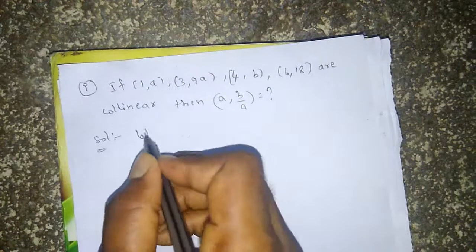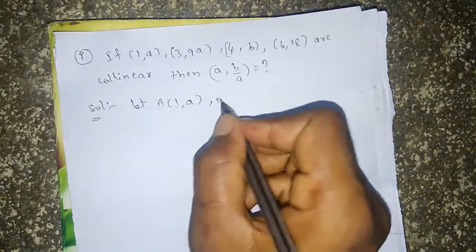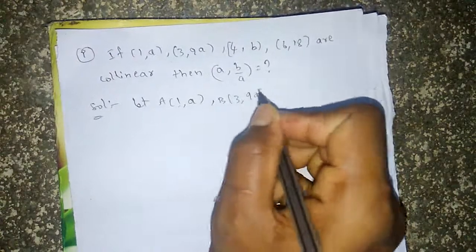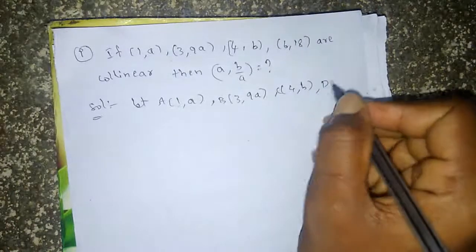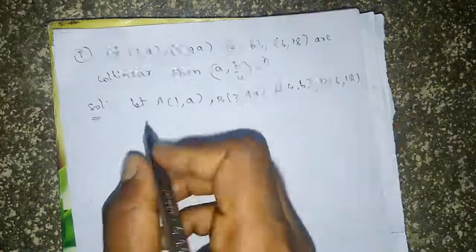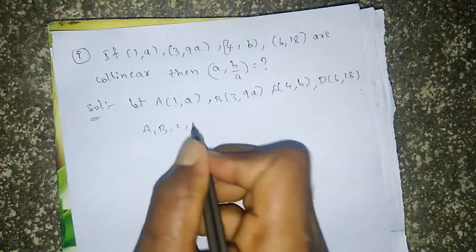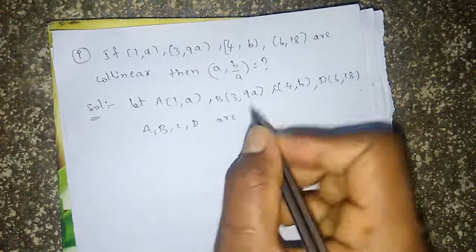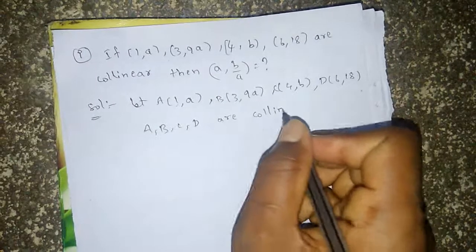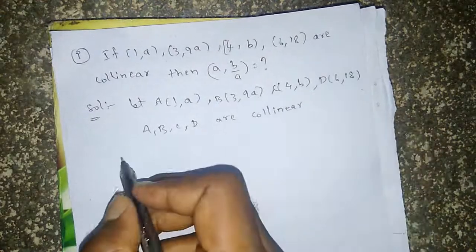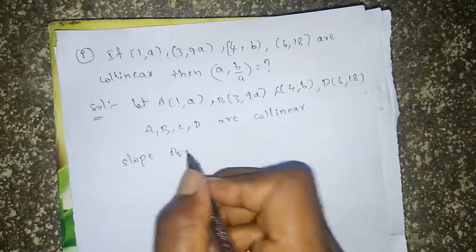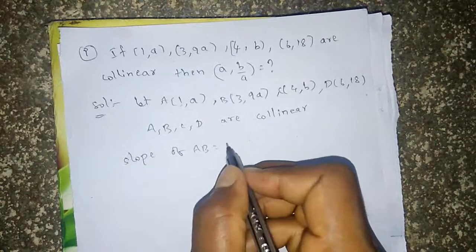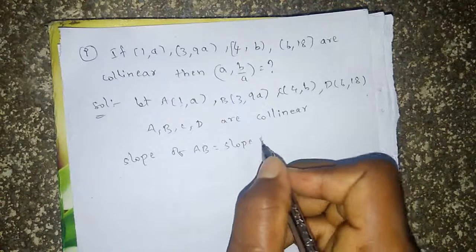here given points, let A is (1, a), B is (3, 9a), C is (4, b), D is (6, 18). Given that these 4 points are collinear, you can use area of the triangle for any 3 points, or you can use slope. First let us use slope of AB is equal to slope of AD,